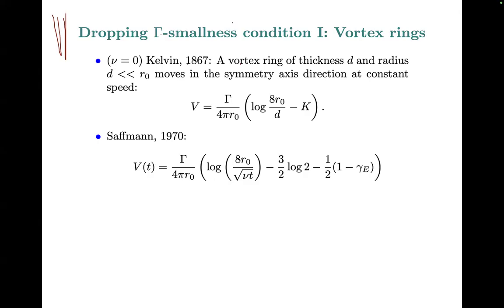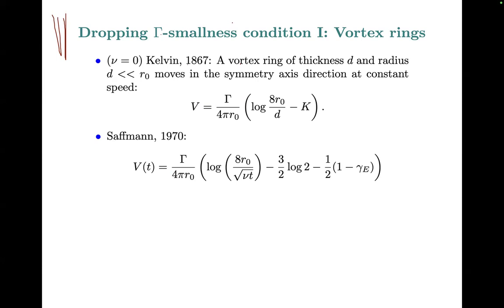Saffman found a better description, and it is the one I want to insist on. In the case of the vortex ring, it is moving just in the direction perpendicular to the normal plane, and the sign of the circulation, which is the same as the orientation of the circle, determines in which direction you are moving, if up or down, right? So imagine that you are moving up,